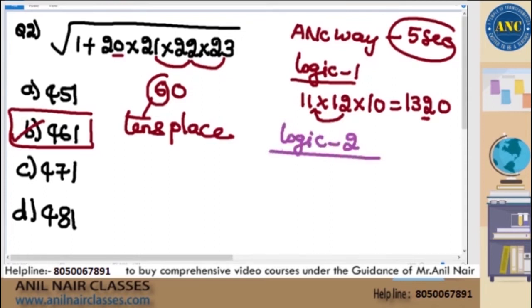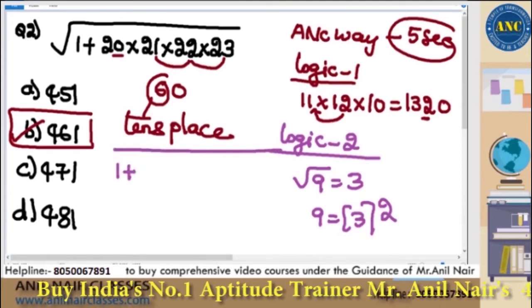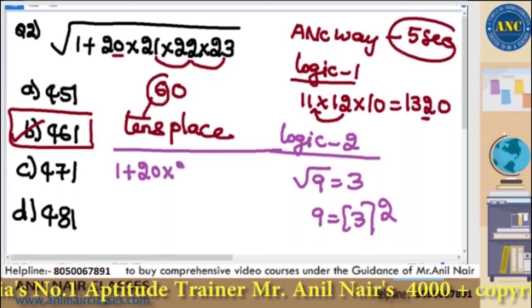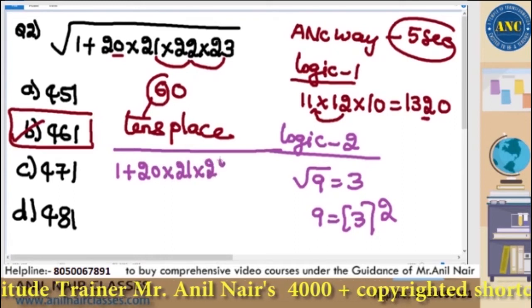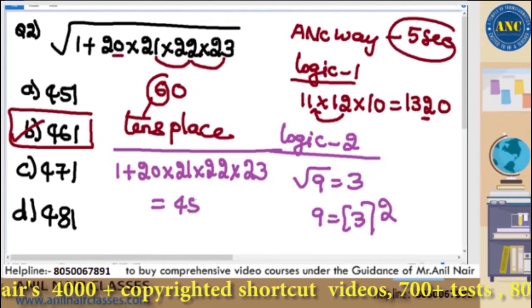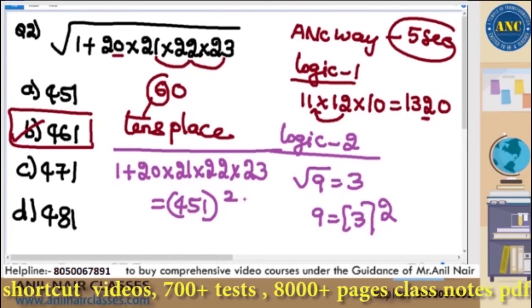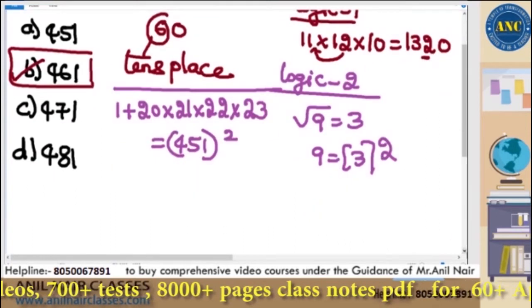Logic 2, a 5 seconds problem. The square root of 9 is 3. 9 is nothing but 3 square. Remove the square root: 1 plus 20 into 21 into 22 into 23. Put in the answer options. If I remove the square root from the first option, I will get a square. Right? So 1 plus